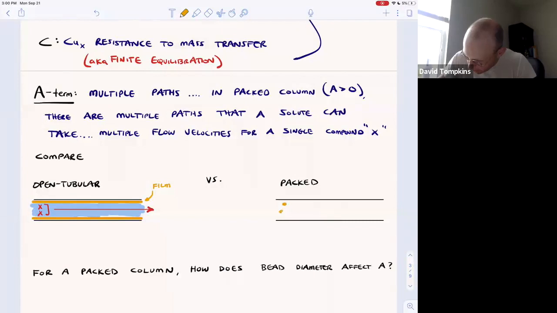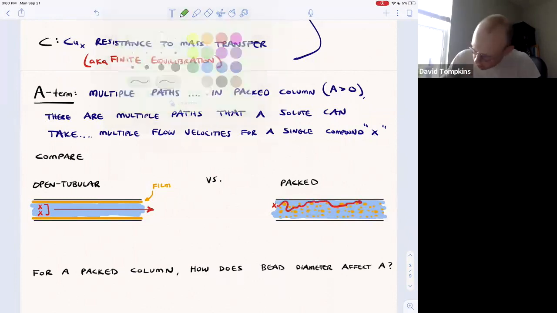So let's consider now that packed picture where we have stationary phase bead particles of a variety of sizes, packed maybe uniformly or not. And as the mobile phase enters this packed column, now it's going to once again carry the solute with it, and the solute will stick to these individual beads for varying amounts of time, depending on the polarity, sometimes other characteristics like charge. We'll discuss those later, but just know that maybe molecule X here will take this path through the column,